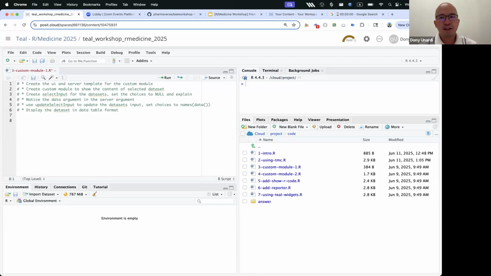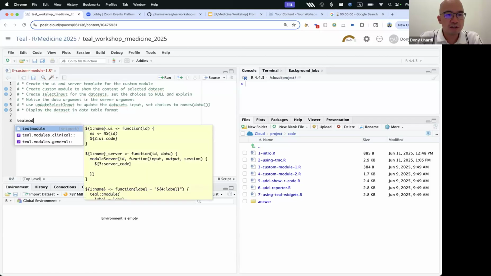So the first thing you need to do to create a custom teal module is, of course, to create the UI and server using Shiny module programming mechanics. Like I said, these modules are mostly created using Shiny modules with just the adding of teal flavors on it. Okay, so if I type teal module like so,